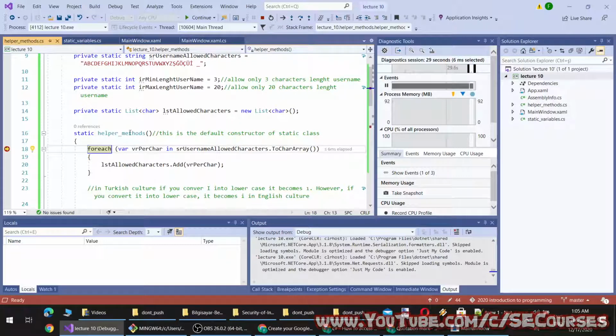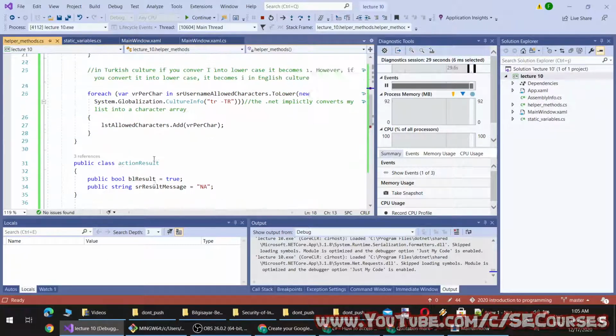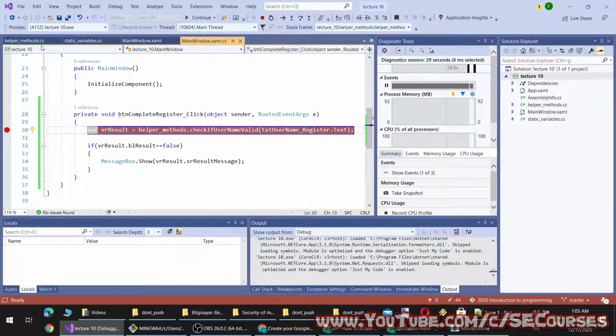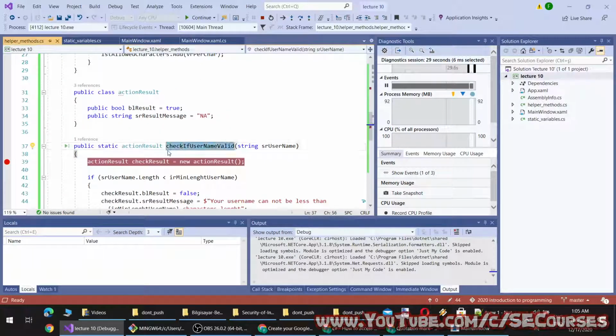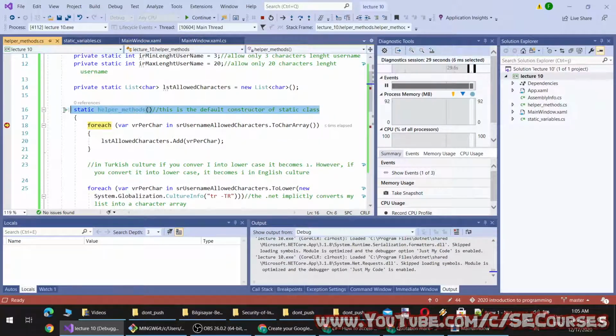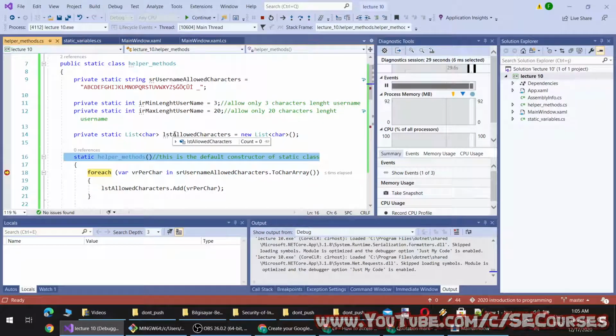Okay. Now you see the constructor of the class is getting executed before it gets into this method. I am making a call to this method here. However, before this method gets executed, the constructor of the class has to be executed.